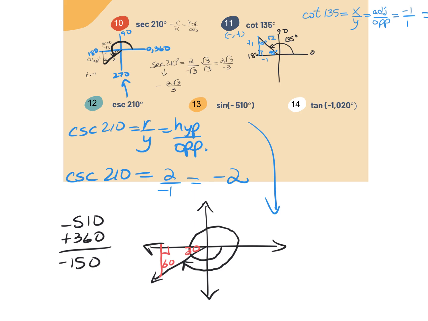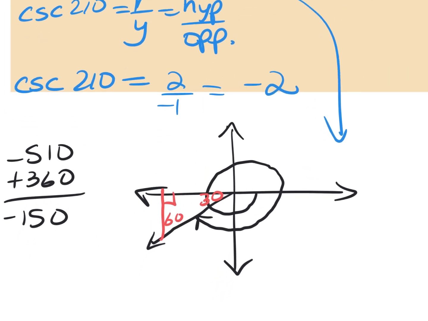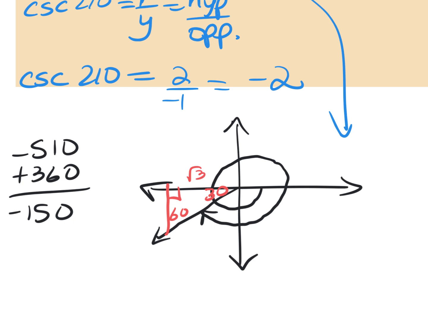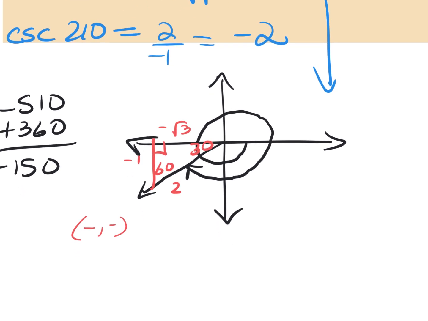So it's a 30, 60, 90. Again, I'm going to label my sides. √3, 1, 2. Signs in quadrant 3 are negative, negative. So a -1, a negative square root of 3. So the sine of -510,